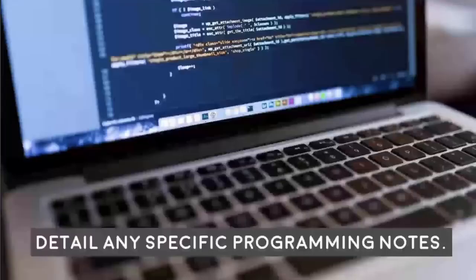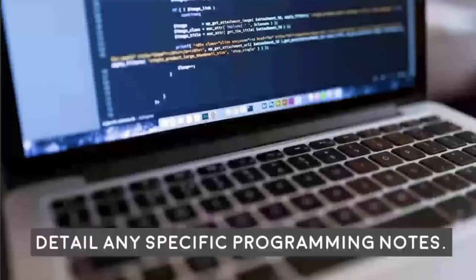Like you might say in the margin, you might have a box or a column that says, at this point, have something animate in or animate out or move across the screen. Detail as much as you can any specific programming notes, especially if you're not going to be developing it, but also if there's anything that's really important in terms of the meaning of the content. For example, animations. Animations can have some important meaning tied to the content. I'm doing another webinar on that in a few weeks on designing with animations.